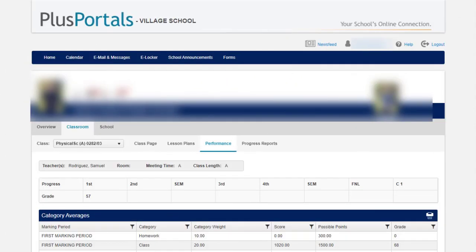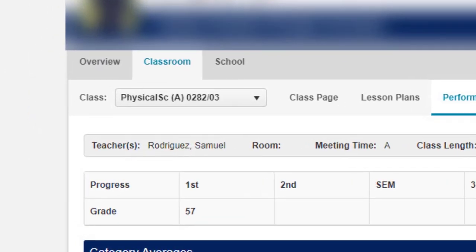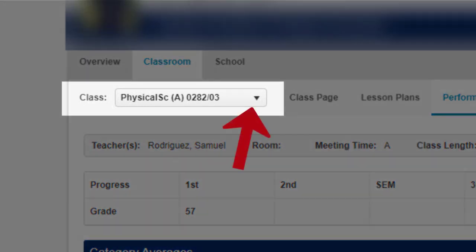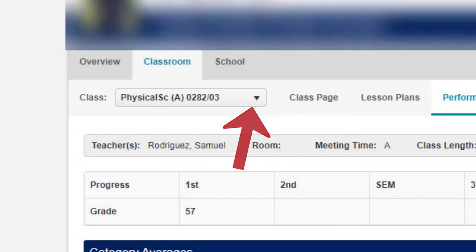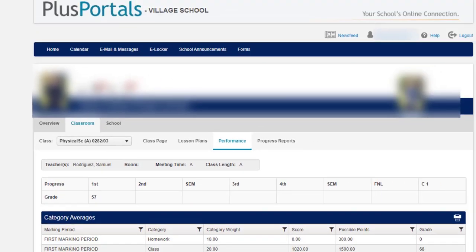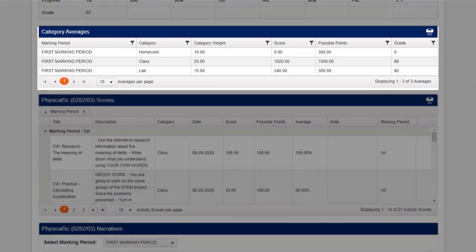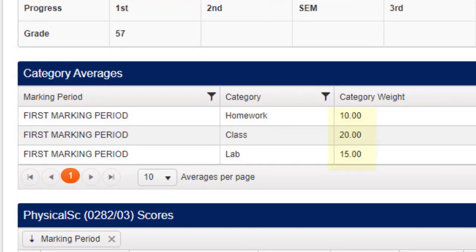So this would be the page that we're going to get afterwards, after we click on the number, and this is going to give me a specific about the class. If I click on this arrow here, then I could choose a different class and see the same details as I'm about to see. So now if we scroll down a bit, we're going to find first the category averages. These are the amount of weights given to each one of the categories in our gradebook. In this case, for example, homework is worth 10%, class 20%, and lab 50%. If you keep